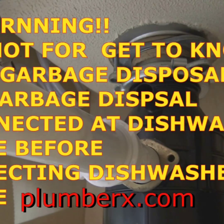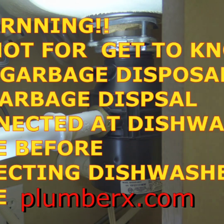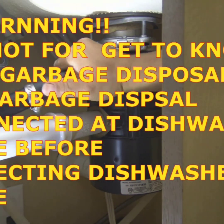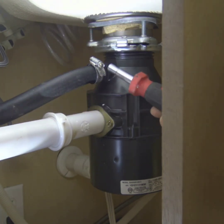One more thing. Do not forget to knock out the plug in the garbage disposal itself that the dishwasher hose connects to. Don't forget that. I'm sorry I didn't show it in this video. The footage was lost. But do not forget to knock out that plug. That plug will allow water from the dishwasher to come through and into the garbage disposal. A lot of times people leave them in if they don't